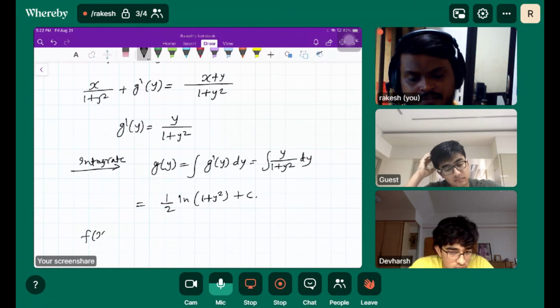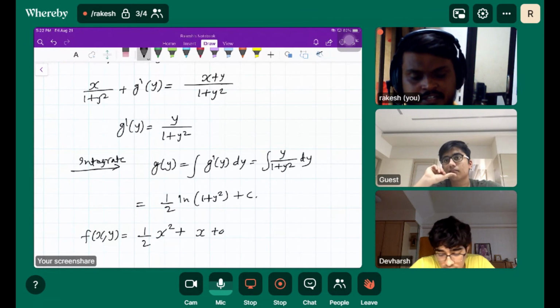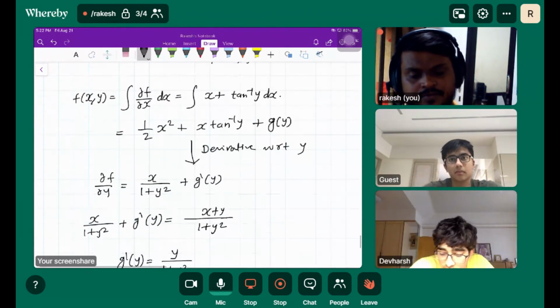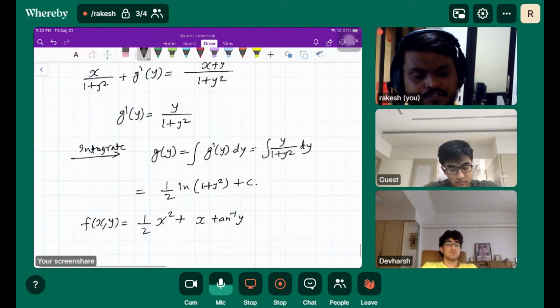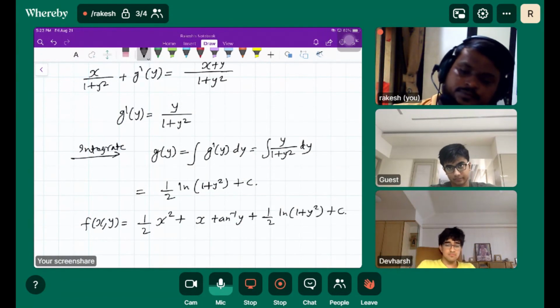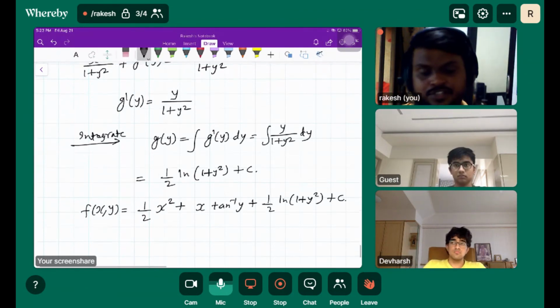So our function will be 1 over 2 x square plus x tan inverse y plus g of y, which is half ln 1 plus y square plus c. This is the function. Okay. Now the next question is